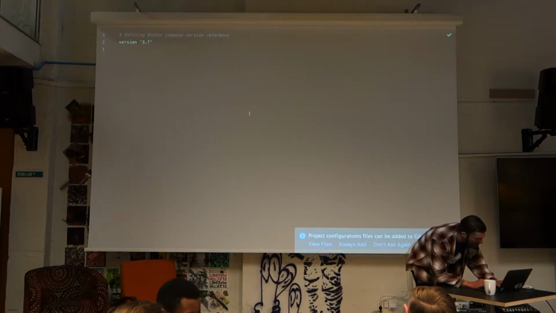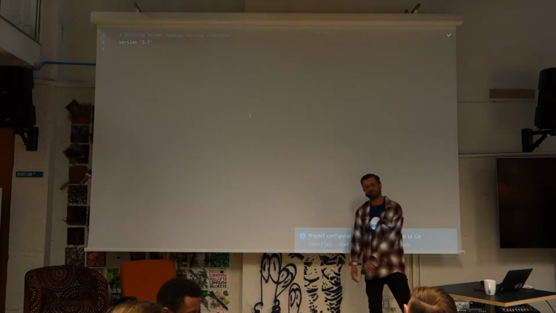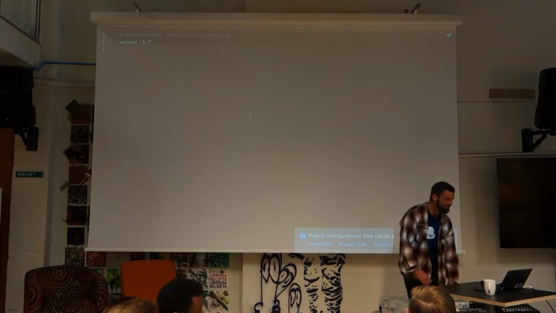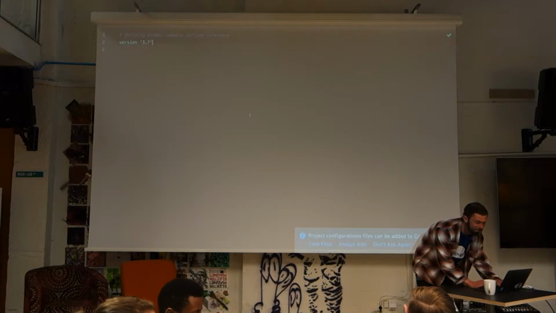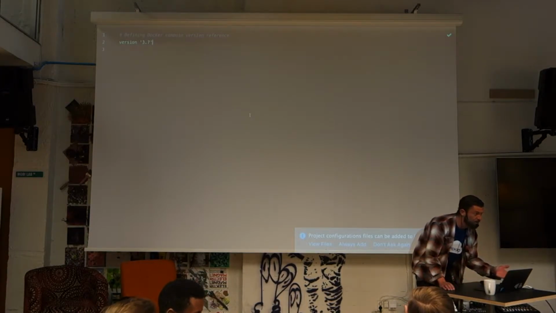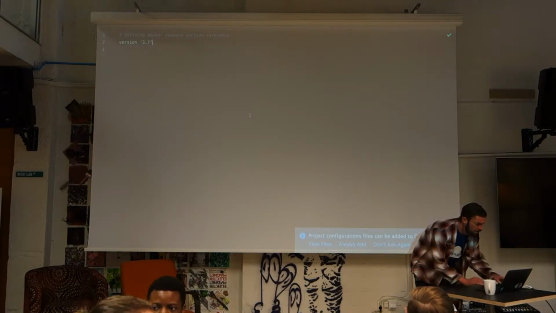Okay, jumping back. Right, so we've defined our Docker Compose. And the other option, like to switch to a light background. Okay, the light background would be